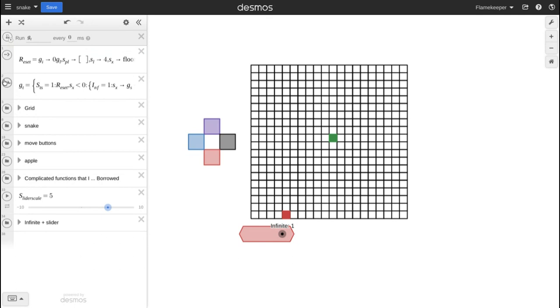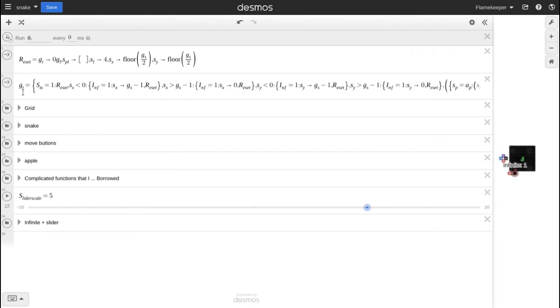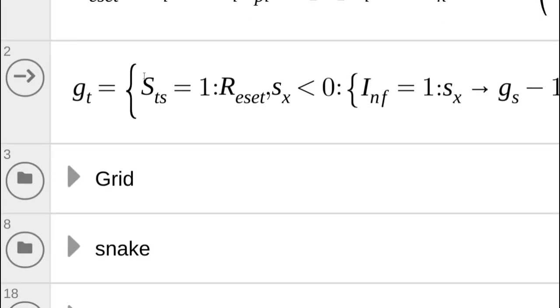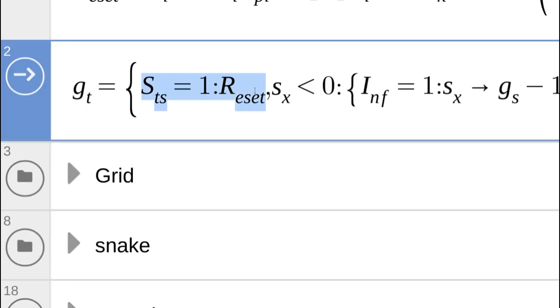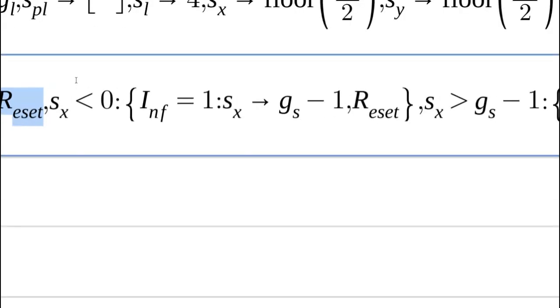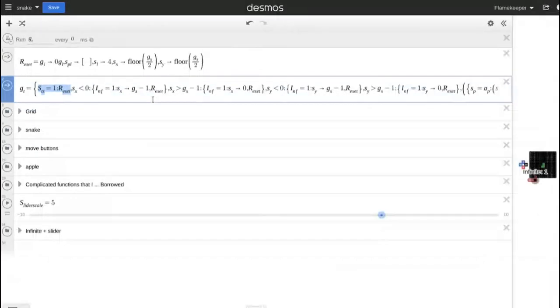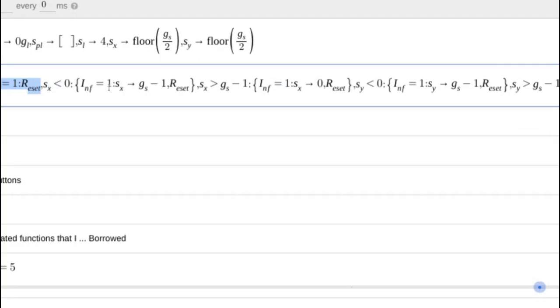Game tick moves the game 1 tick forward, like this. The directional arrows run independent of the game ticker. The game tick itself has a STS, which is snake touching snake. If that's equal to 1, then the game resets. If not, it checks if the X is off the map, the Y is off the map, and if infinite is set to 0, then it will reset you. If infinite is set to 1, it will teleport you to the other end of the grid